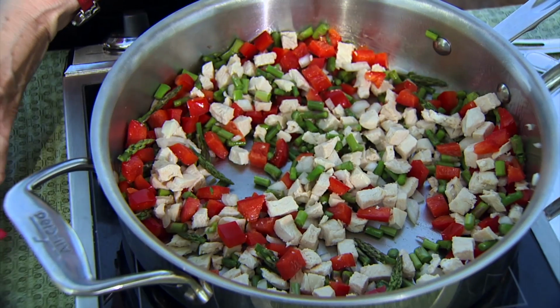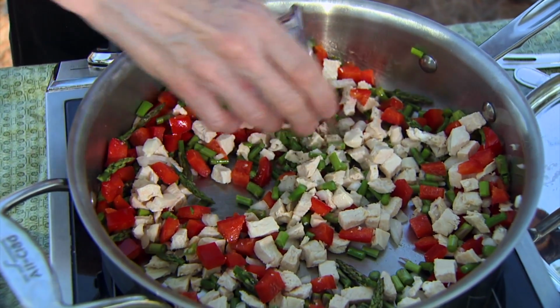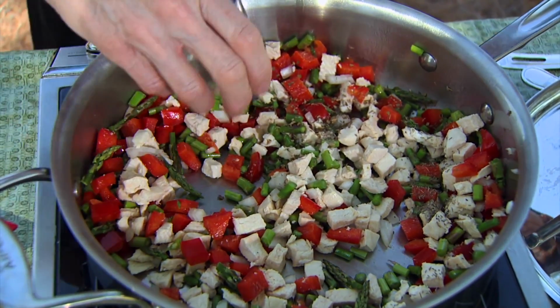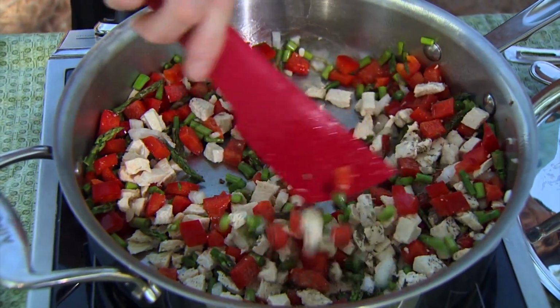And finally we're going to add some herbs to it. I've got 1/4 of a teaspoon of dried thyme, 1/4 of a teaspoon of dried oregano, and about 1/8 of a teaspoon of pepper. We're just going to stir all those together and saute them for 4 to 5 minutes,